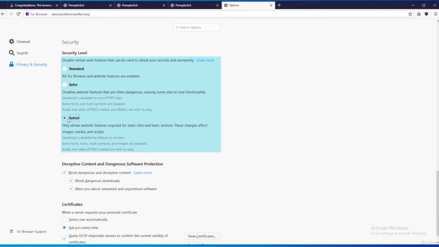Note how changing the security level in here changes the icon on the top right. So in the future, when you're using Tor and you're not sure what level you're in, you can simply look at the icon. If it's full, that means you're in safest. If it's half full, that means you're in safer. And if it's empty, it means you're on standard. You can also just click it to see exactly what security level you're on. So now that I'm happy with my level, I'm going to keep it at the safest, and we're going to